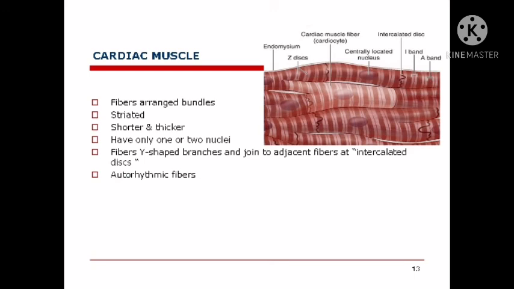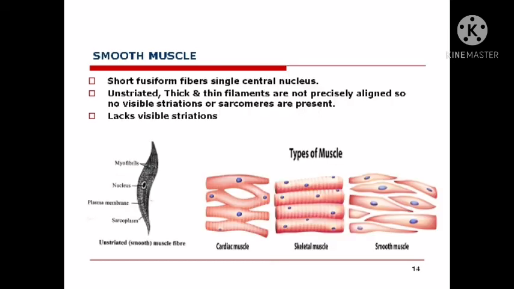They are also controlled by the autonomic nervous system. The sympathetic activity increases the contraction of the heart, the cardiac muscle or heart muscle, and the parasympathetic activity, which we will discuss later on in the nervous system, decreases the activity of the muscle. The smooth muscles are fusiform